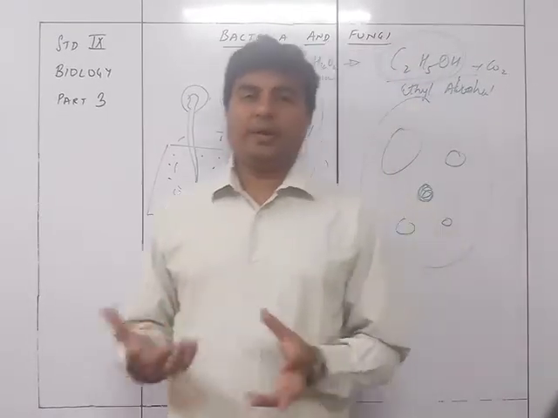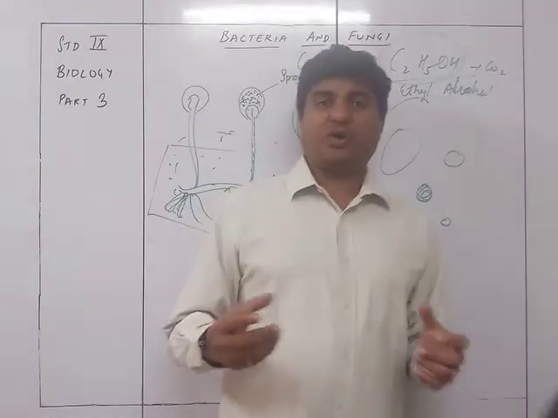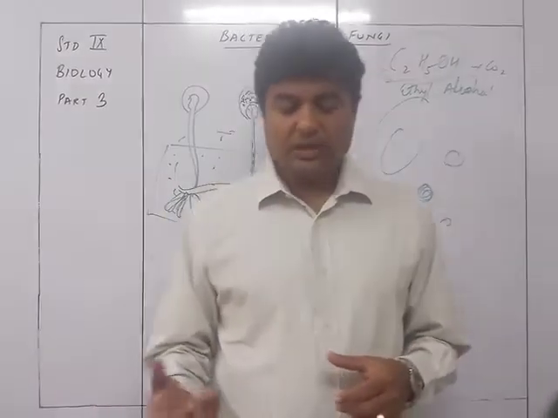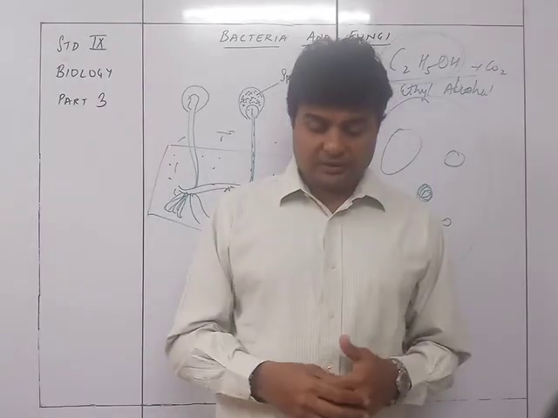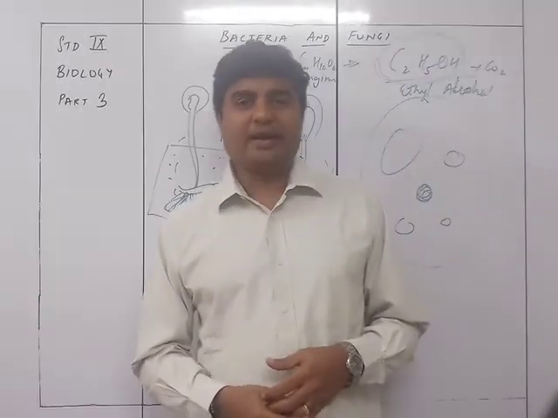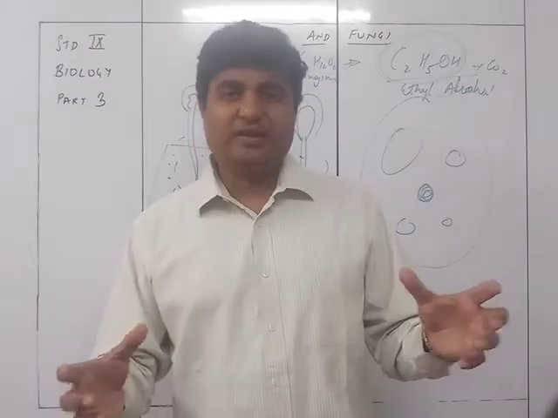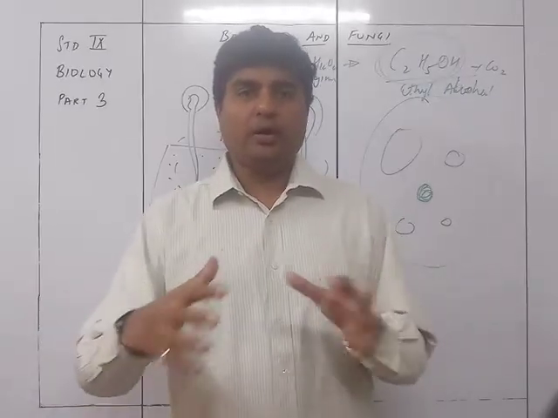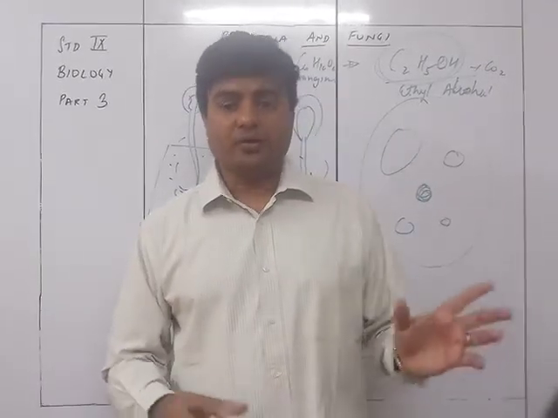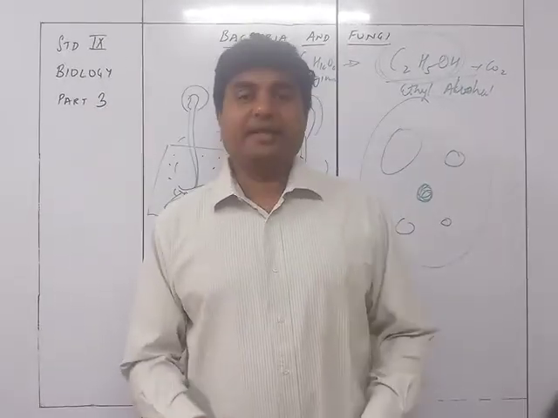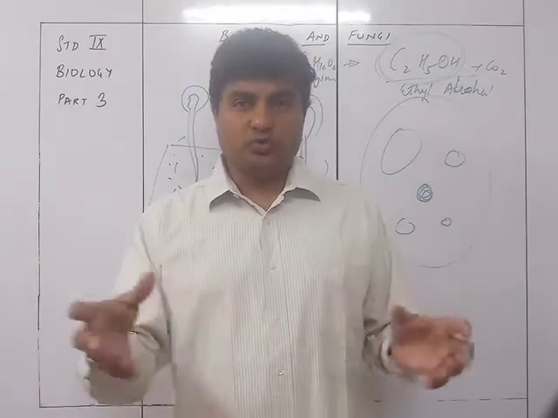So they are going to prepare a compost that is a mixture of wheat and paddy straws, chicken manure, the one which is given to the chicken for food, and some organic and inorganic fertilizers. These all are going to be formed into a compost and kept at around 50 degrees Celsius for around a week. And then they are going to spread the seeds of mushroom, or the spawning.